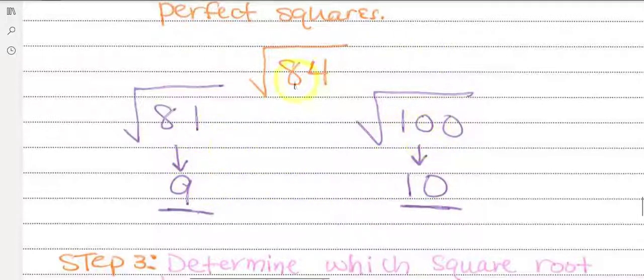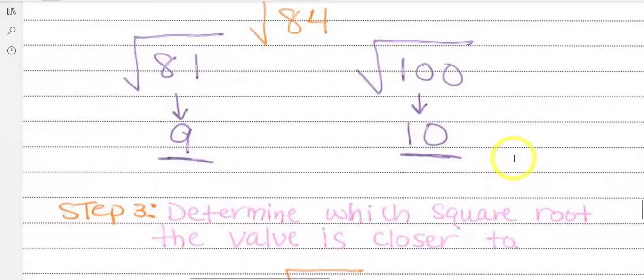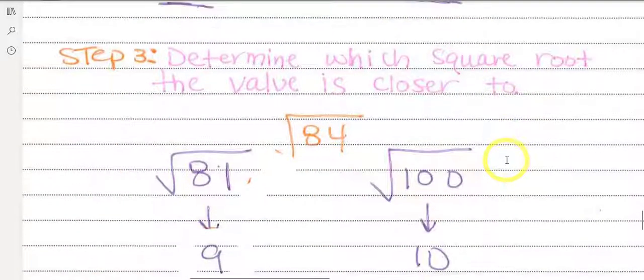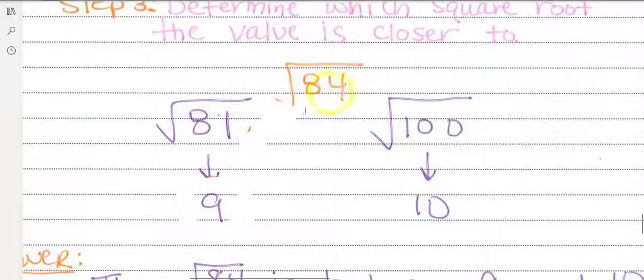Now, to estimate it, we want to see, is it closer to 9 or closer to 10? Let's take a look at which one it would be closer to. 84 is much closer to 81 than it is to 100. You can do a subtraction between each one to see how far they are from each other. Between 81 and 84, there's only 3 steps. That's the closest. So the square root of 84 is going to be closer to the square root of 81,